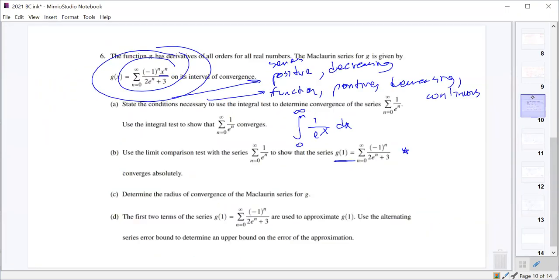The first 2 terms of the series of G of 1 are used to approximate G of 1. Use the alternating series error bound to determine an upper bound. Okay, so the first 2 terms of the series should be what? Well, we just need to figure out the second term, right? If we're using the first 2 terms, that's fine, the second term. So n equals 0, n equals 1, we need n equals 2. So G of 1 at n equals 2